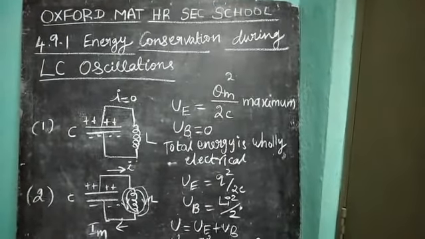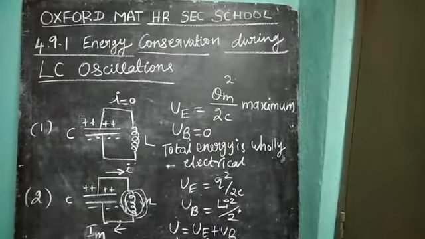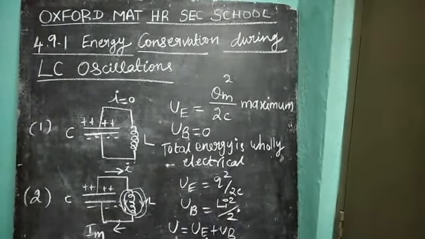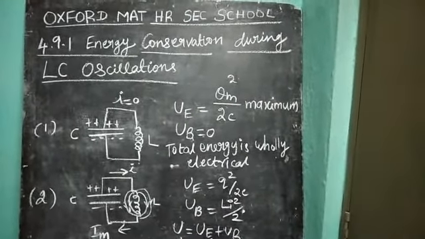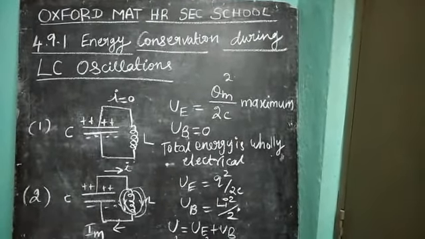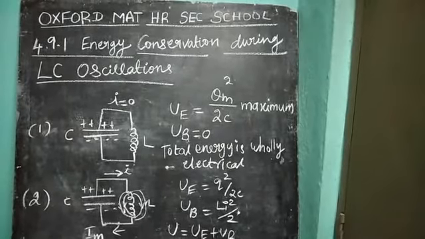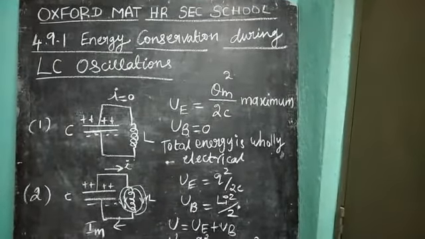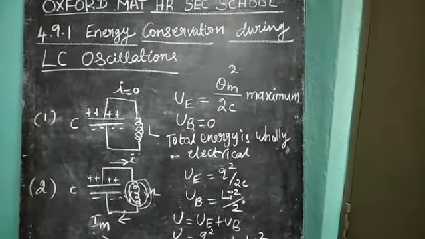Qm means maximum charge. Now current is not flowing through the inductor, current is 0. So the magnetic field in the inductor is 0. So the total energy is wholly electrical energy. Now case 2,